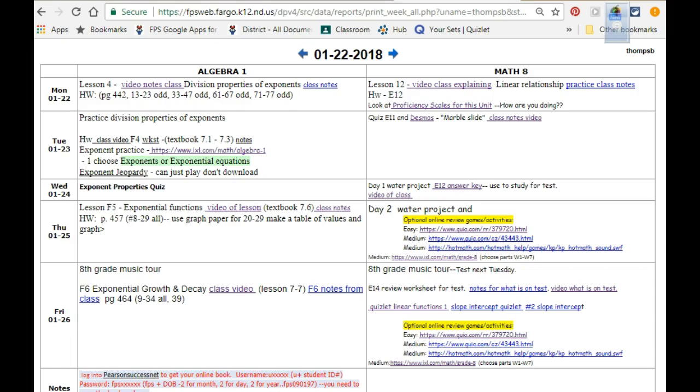Okay, we're going to look at that in just a minute. I have that video where I was explaining it. I have 3 Quizlets that you could practice if you need more practice with slope and y-intercept and vocabulary. And then these are kind of like some different activities or games if you are done. You do not want to do that if you are not done. So today in class, what we are going to take a look at